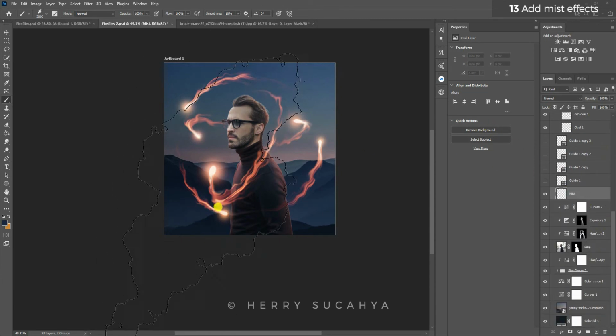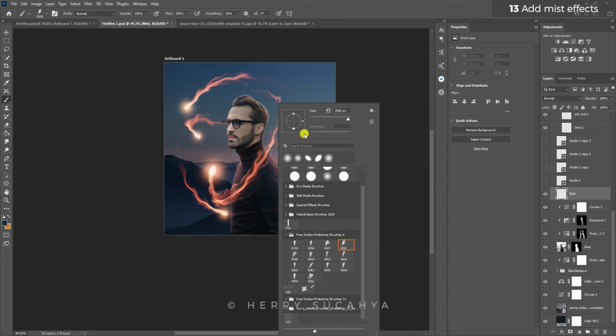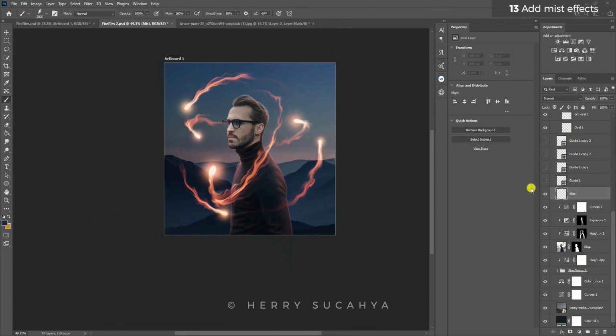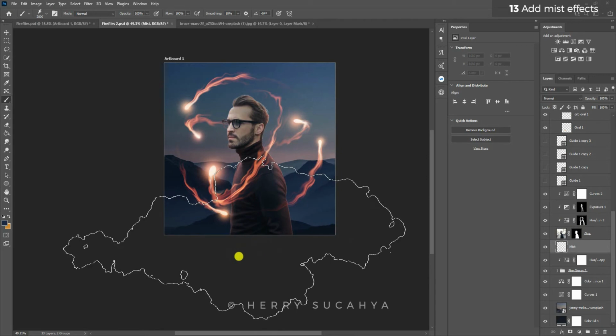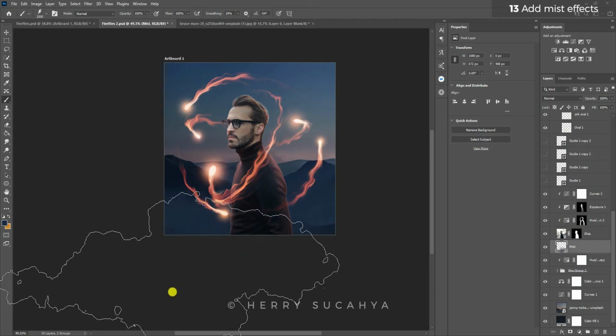Okay, and now let's rotate that a bit. I'm creating this mist above the guy. Actually, I would like to put it behind the guy, so let's apply that for a while and let's see what happens. Okay, as you can see, I already add the mist effect, and I would like to create one more